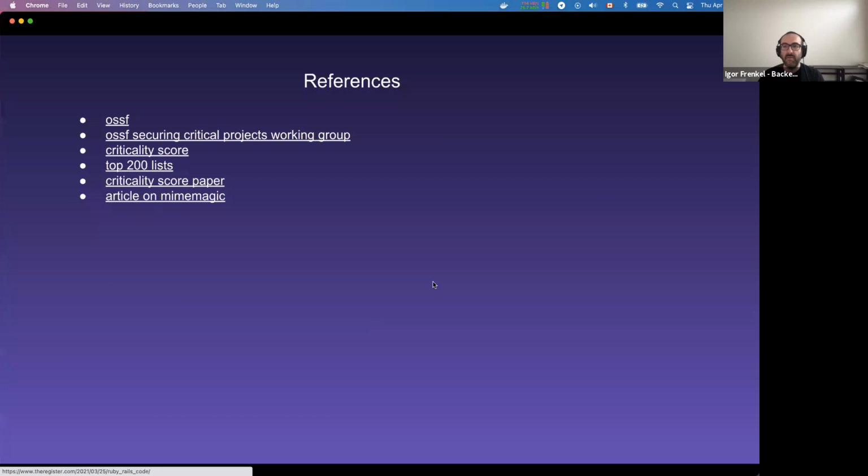So just some references here. I linked the group, I linked the criticality score. There's the paper that led to this from Rob Pike, and just an article on MyMagic. So that's pretty much what I wanted to show, and I wanted to stay within time. I think we're well within it, and I'll now take questions. Or actually, I will look at